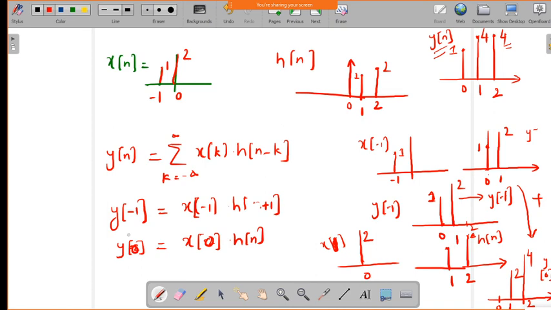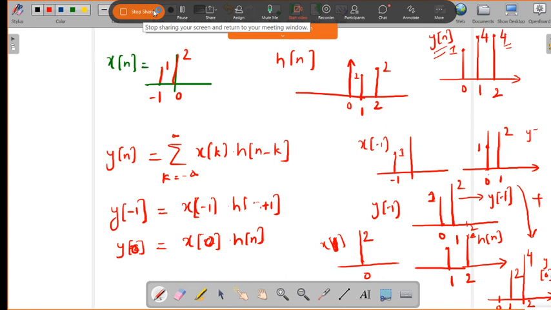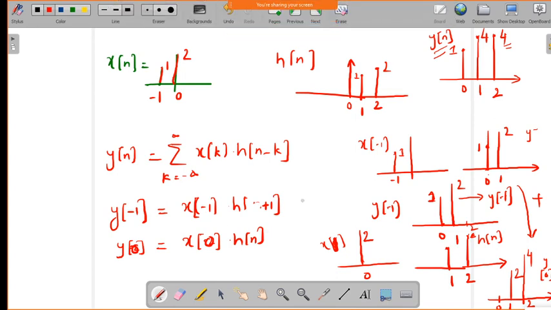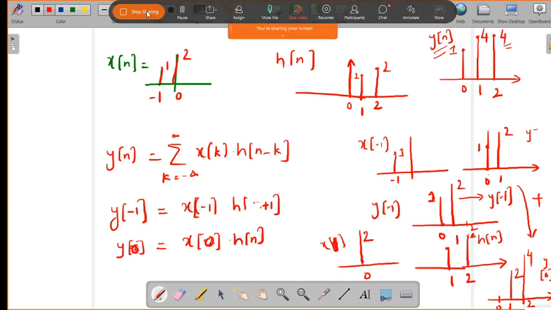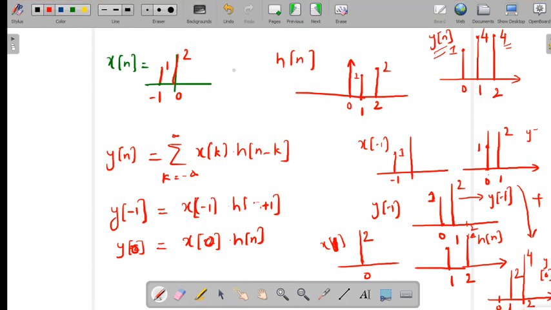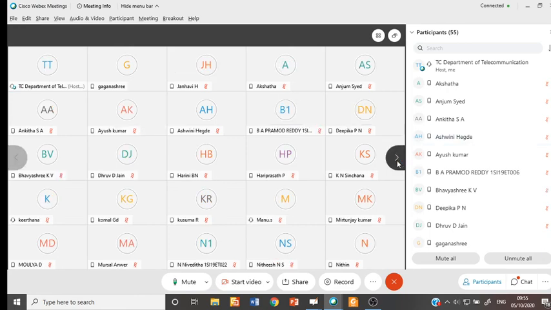Is it understood now? Yes, sir. So that's how, if you get a series of more responses, you have to add the corresponding output system responses whatever you computed with respect to the input index. Okay. So is it fine? So all of you, is it understood? Any doubt?